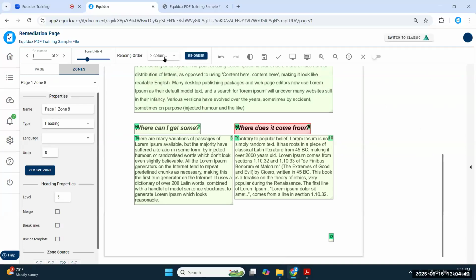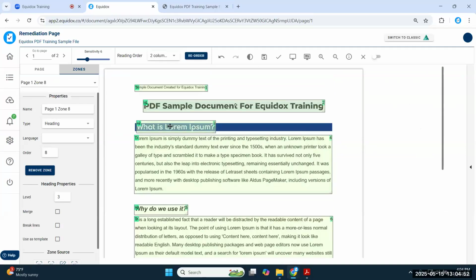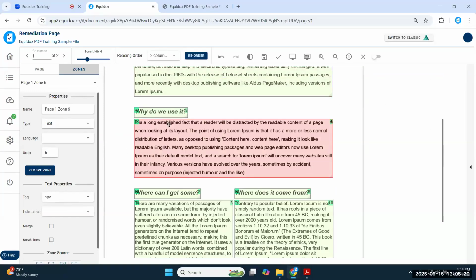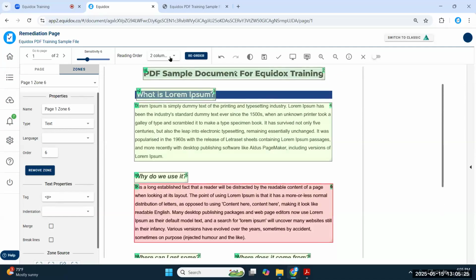The logic for how this works, just if you're curious what's going on behind the scenes, is Equinox is simply scanning the page left to right, top to bottom, pixel by pixel essentially. And every time it intersects with a zone, it labels it next in the reading order sequence. So when you change it to 2 columns, it'll just split the page in half with an invisible line, and it will apply that same logic to the left column, and then it will finish up over in the right column. Since these zones are straddling that left column, they technically get found first because they're still in the left column. So they remain unaffected by that reading order adjustment.